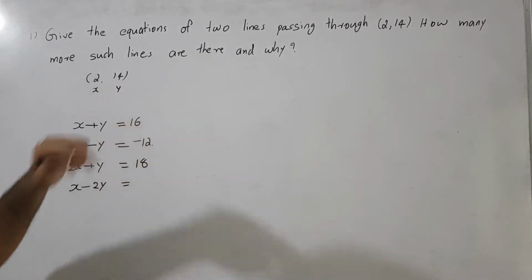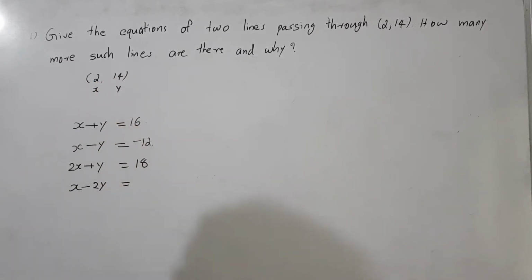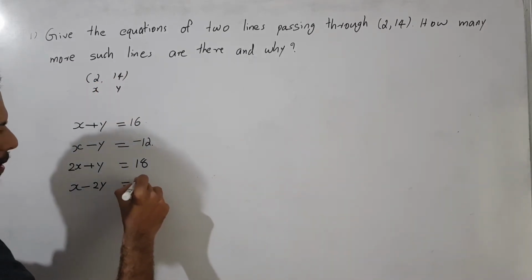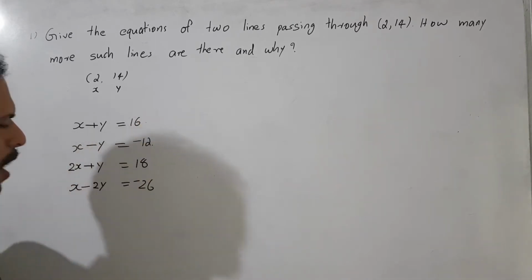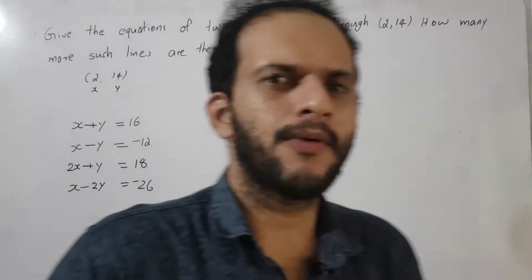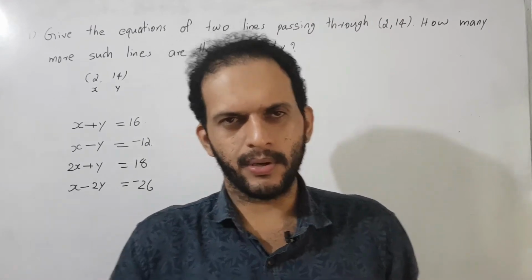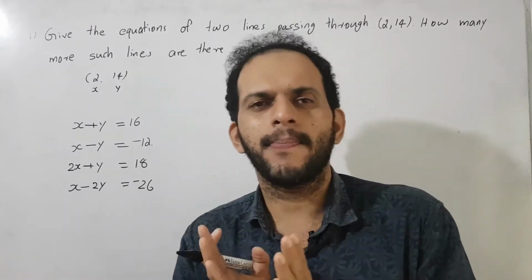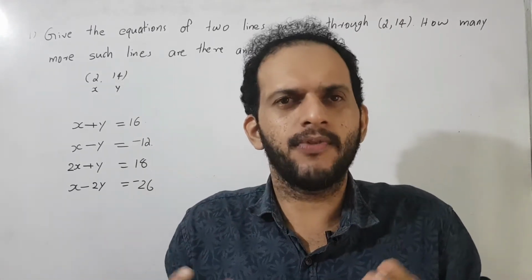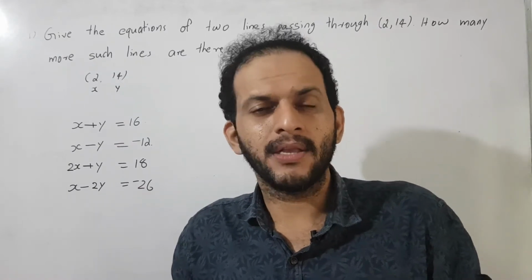Then 2 minus 28. What is 2 minus 28? That is minus 26. Then we got it now. We made 4 equations, correct? 4 equations. Like this it is possible to make infinitely many equations passing through